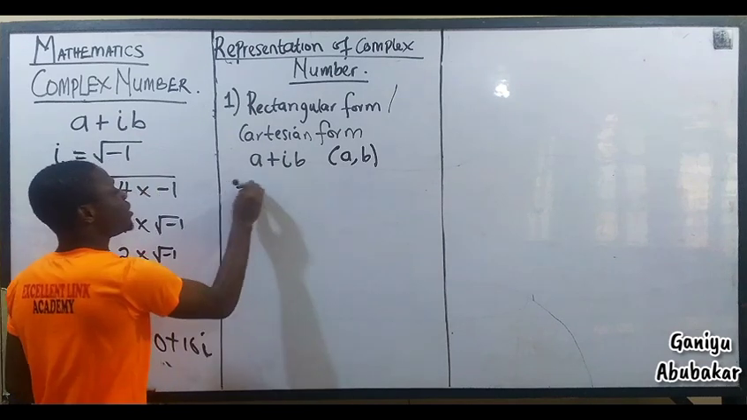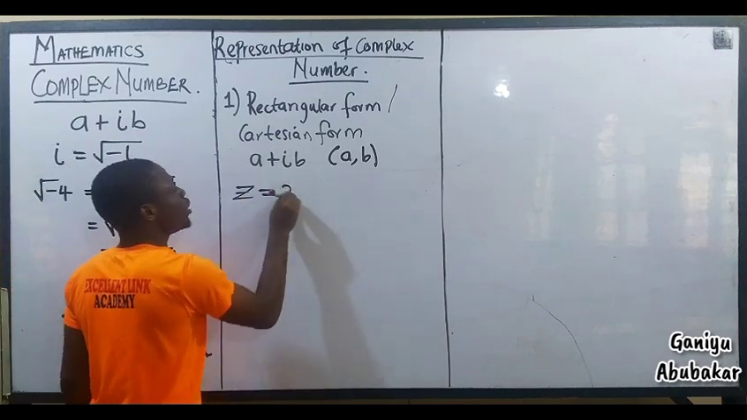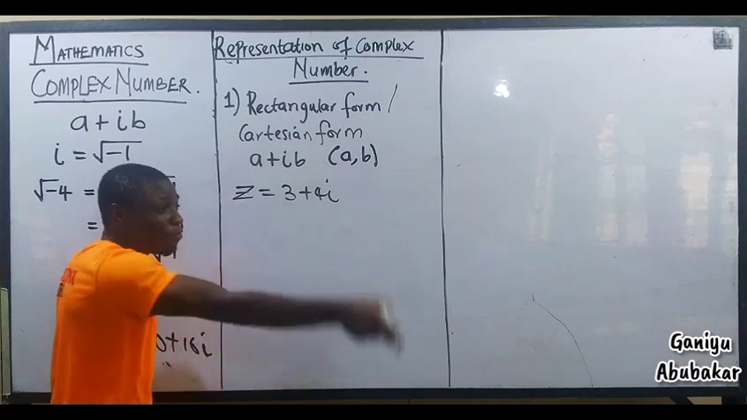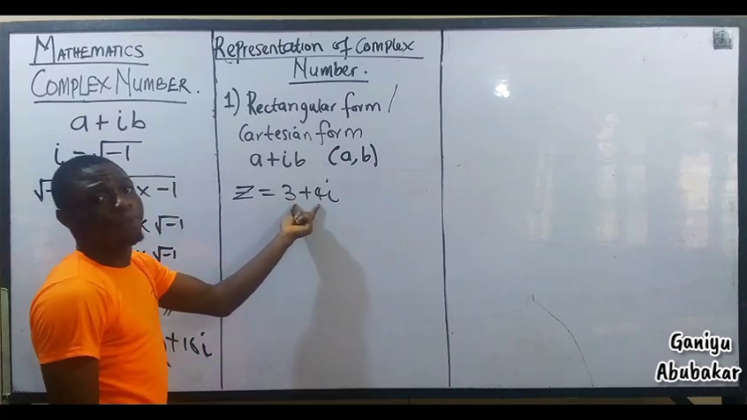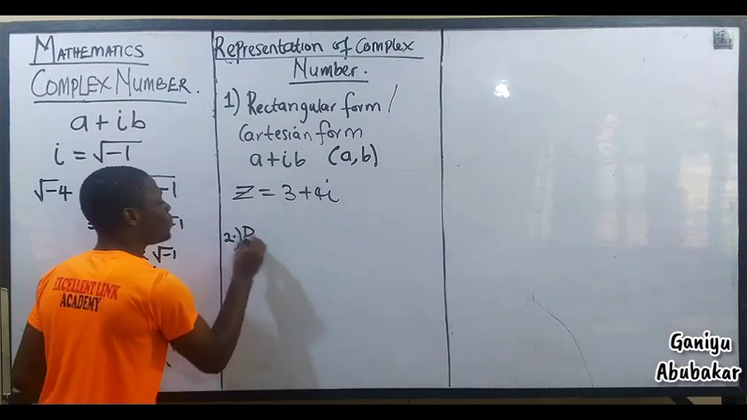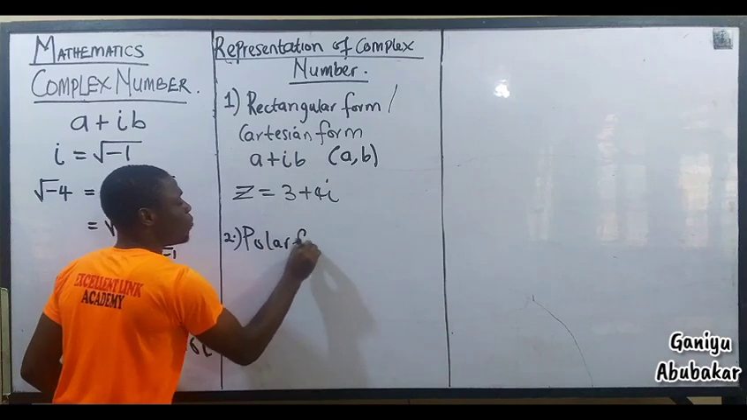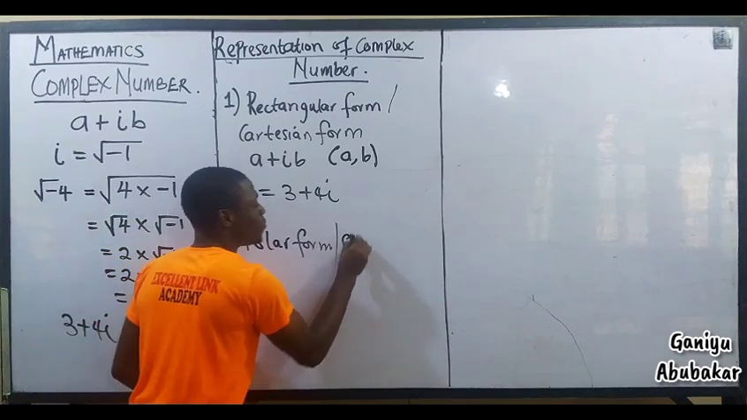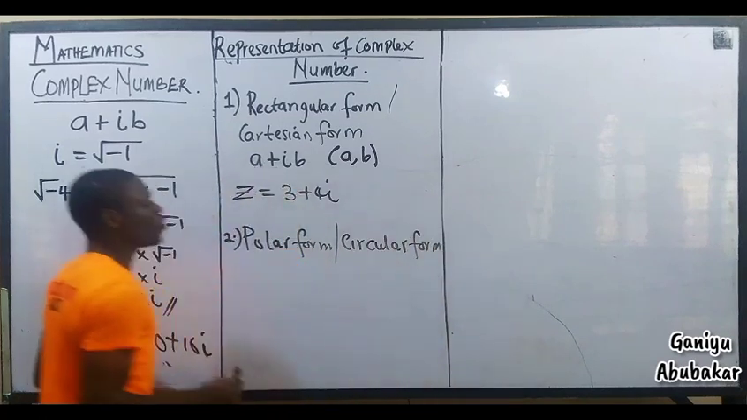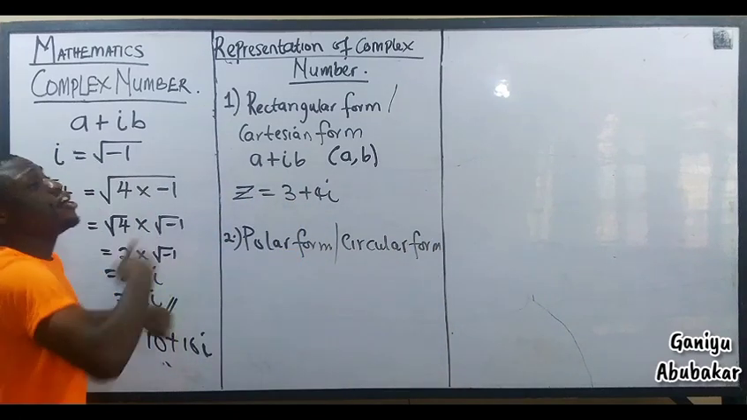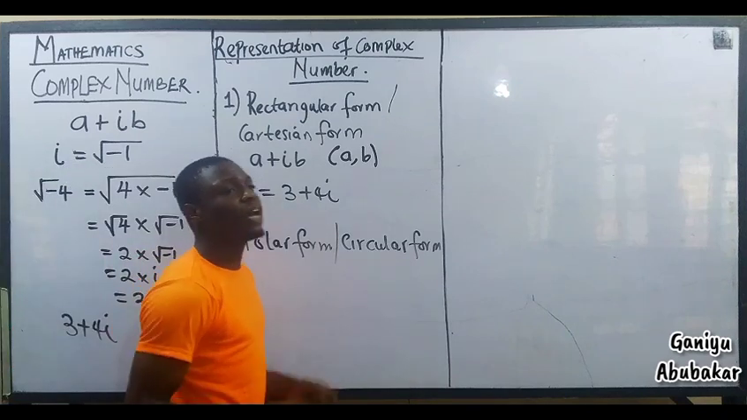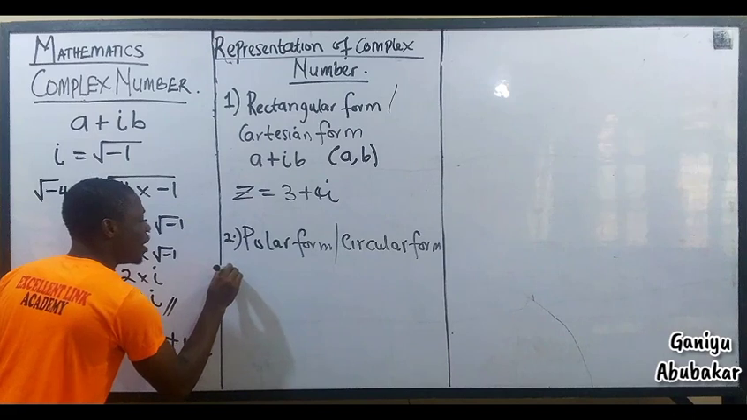So let's say I have z equal to 3 plus 4i. This is a rectangular form of representing a complex number. Alright, the second method is called the polar form, or circular form. The second representation of a complex number is called the polar form or the circular form, which is given as, let's say,